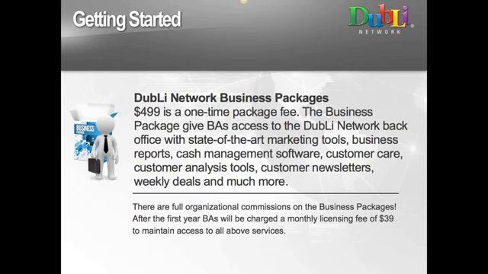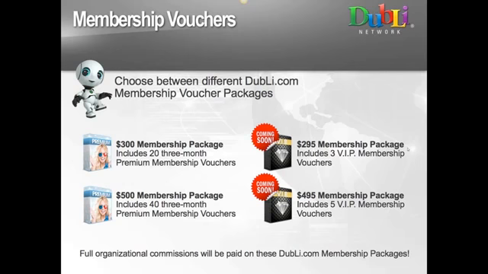Now, anything beyond the $499 in North America is strictly based on what a business associate wants to do in terms of their business: how fast, what kind of income, those types of things. It's designed to fit whatever their business plan is. We have the vouchers, which we just talked about. The coming soon is gone because they're available now. These are the voucher choices that all of our people have. It's also the voucher choices that will go into the TLA package. So you can see the $300 and the $500, and the premium is the $20 and the $40 that I just mentioned, and then these are the VIPs.